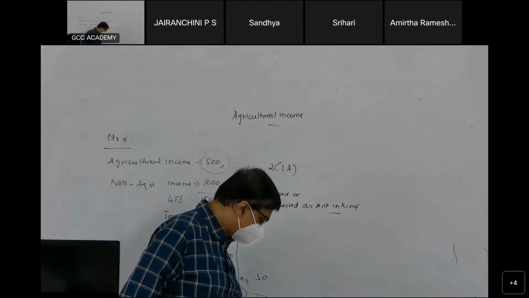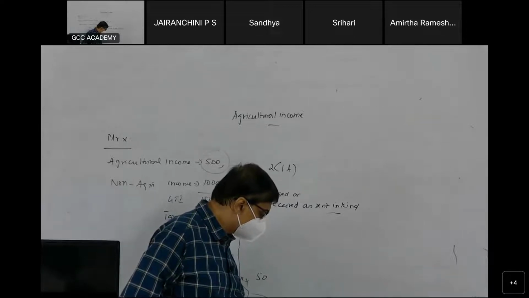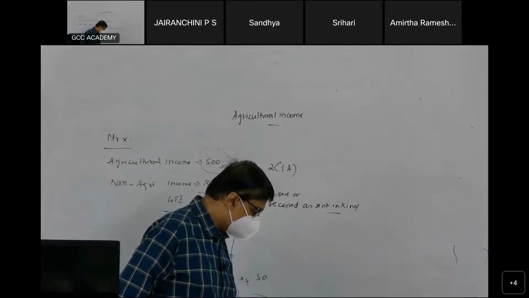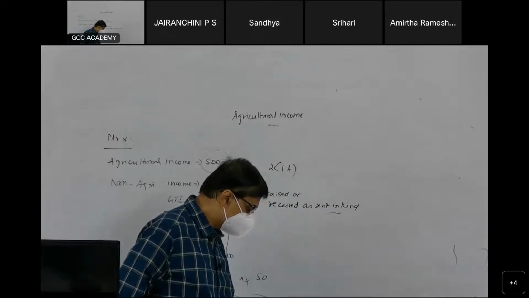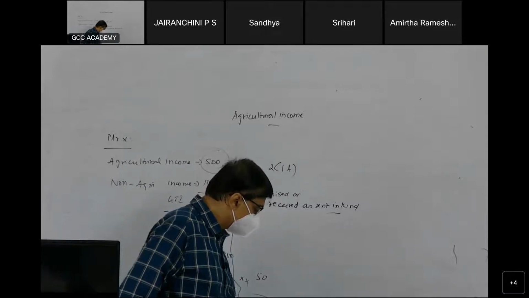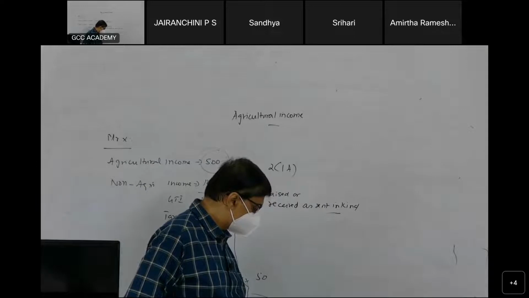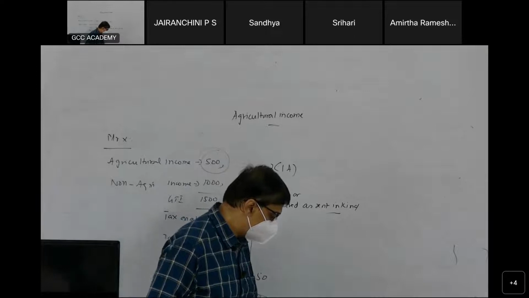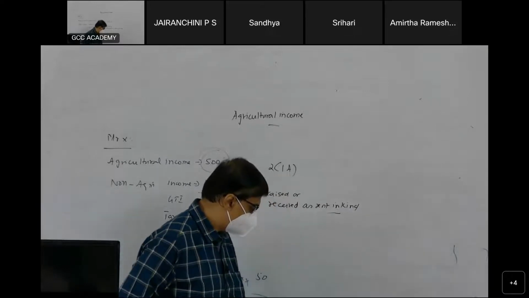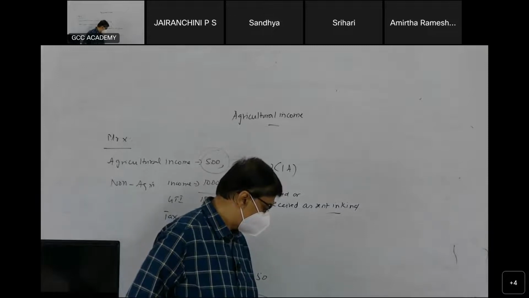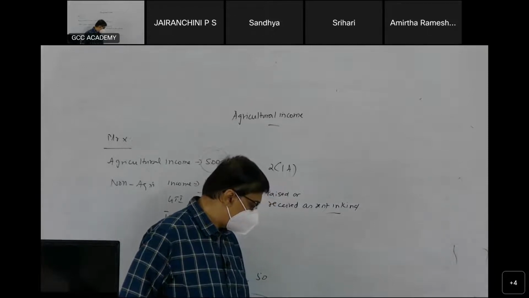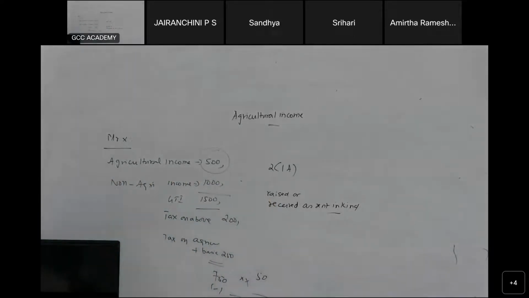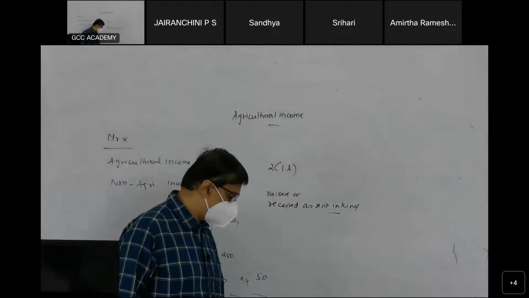Examples I'll give you now. Okay, income from farmhouse, what I told you. And operations, farm building. What is a farm building? The building should be occupied by the cultivator. What is a farm building or farmhouse? The building should be occupied by the